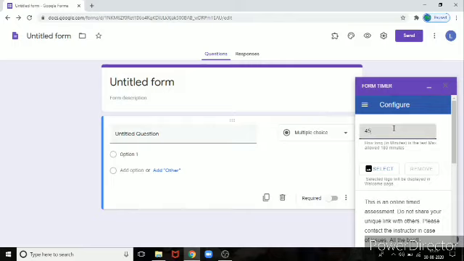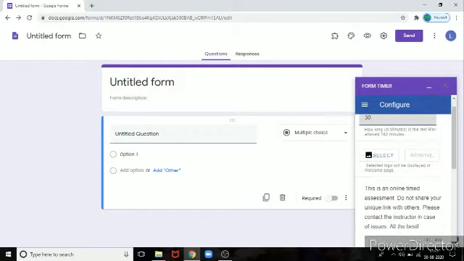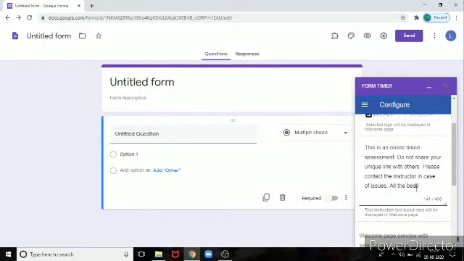Here we have a 45 minutes duration by default and we can give a maximum of 180 minutes. 180 minutes means we can give up to 3 hours. So by default it is 45 minutes. You can give the timing. If you want to give half an hour, you can give half an hour, that is 30 minutes. And if you want to give any instructions, you can change the instruction here. I am changing the instruction here.